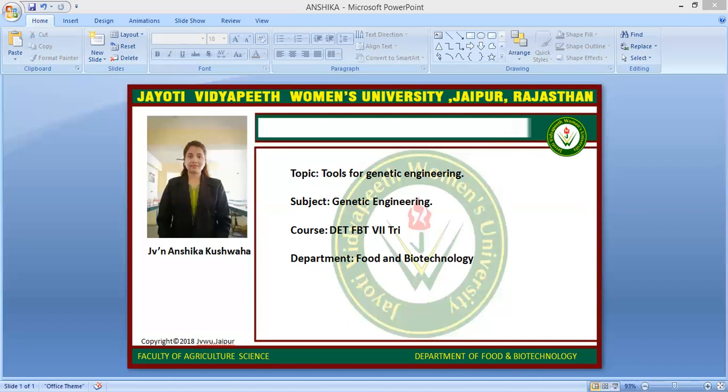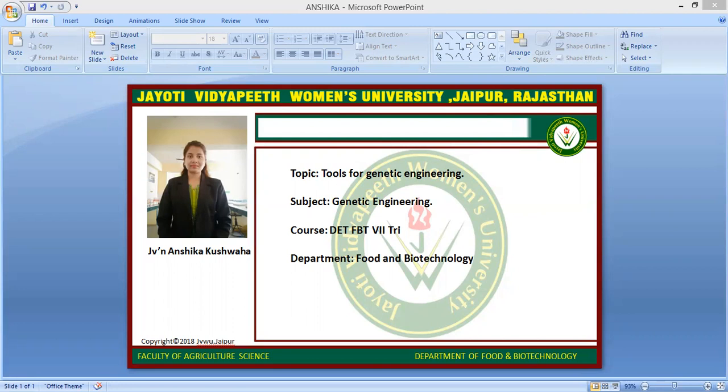Fourth one is DNA ligase. DNA ligase can create covalent bonds between nucleotide chains. This is done to create recombinant strands or close a circular strand that has been cut by restriction enzyme. The enzymes DNA polymerase 1 and polynucleotide kinase are also important for filling in gaps and adding phosphate groups respectively.